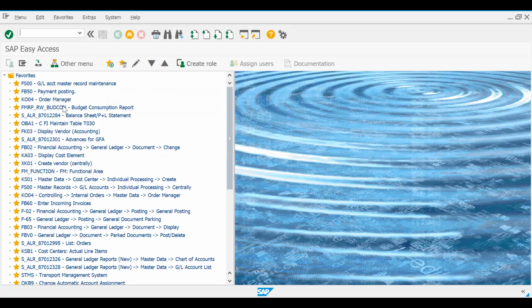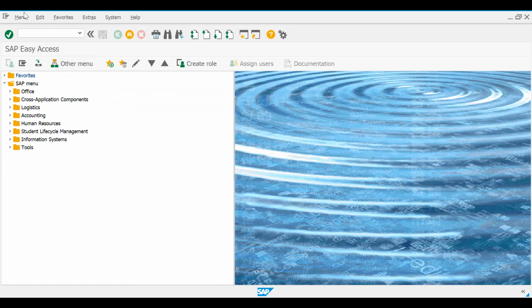When you log on, it takes you to this. Now, the menu here, this is the menu bar, and this is the toolbar. Then we have the status bar.